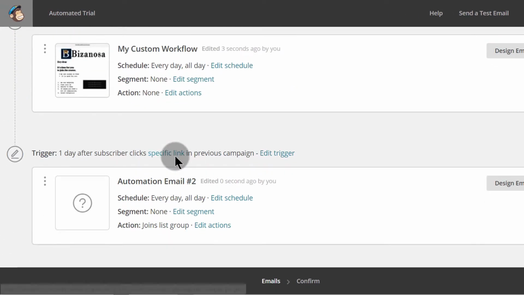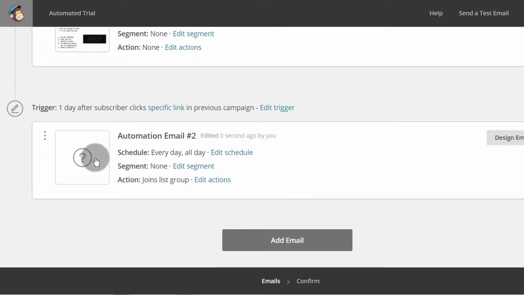Okay, maybe there should be something in between here. Mine is not organized, but I'm just showing you how you can do this. So let's say after you move them into the new group, you want to send another email, but this time around we only want to send this email if they opened this email. So add email,